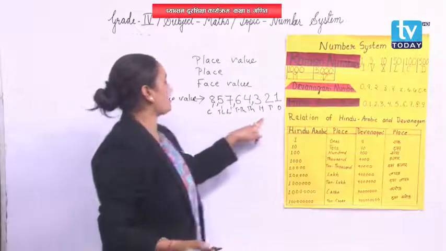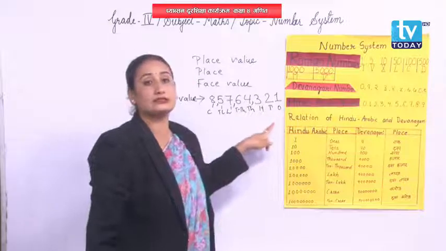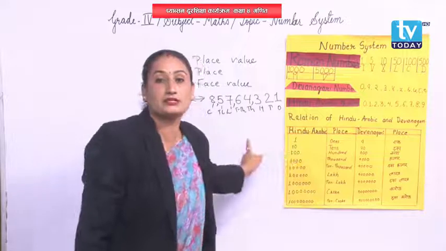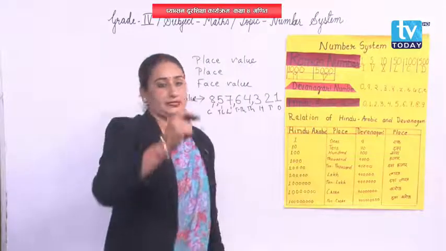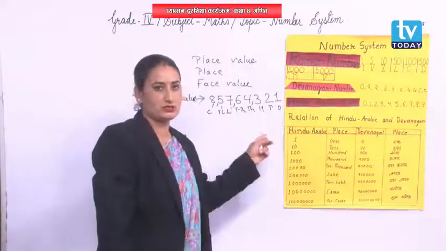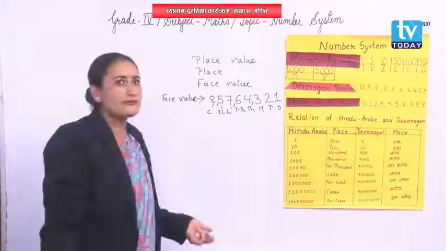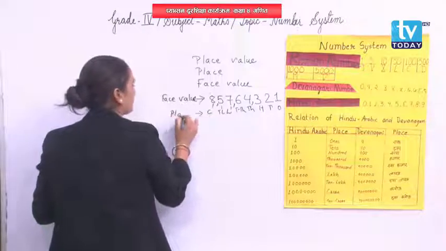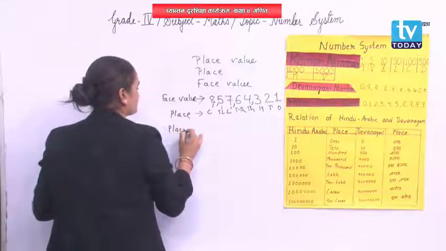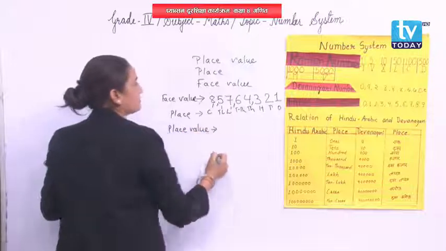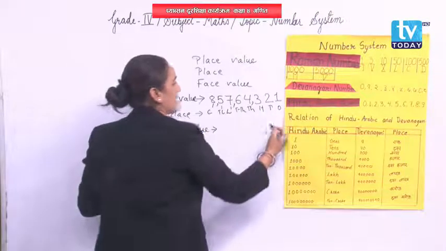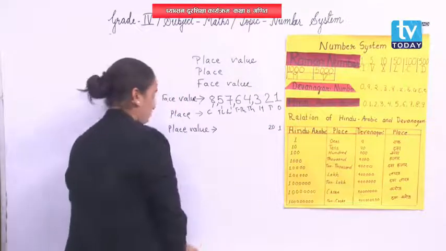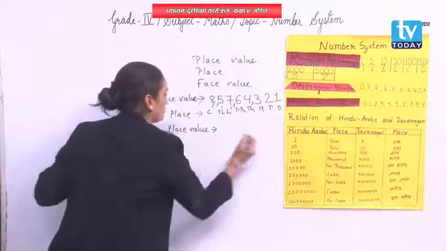So whatever words are written denoting those numbers, that position is known as the place. Do you understand? That position is known as the place. And place value, where it lies, this is known as the place and place value. Place value means 1 lies in ones, 2 means 20, and in this way it goes on increasing. So 8 is in crore place.